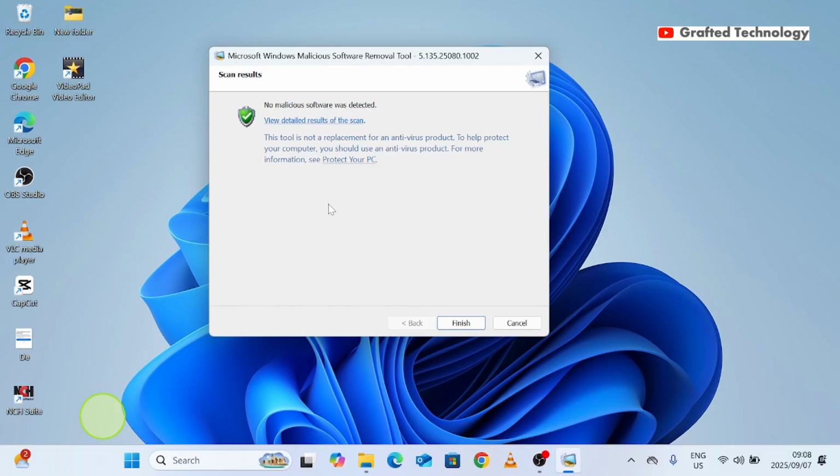Now, if you do that on your computer and you find that malicious software was detected, follow the prompt and scan and remove whatever malicious software was found on your computer. All right. Then I'll go ahead and click